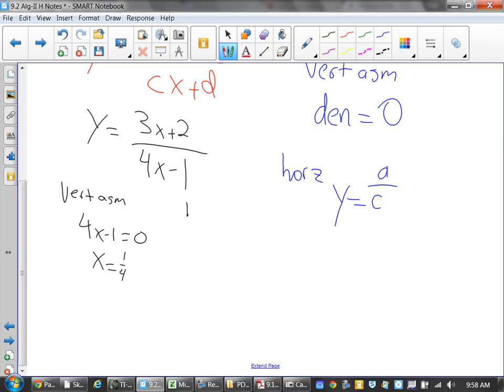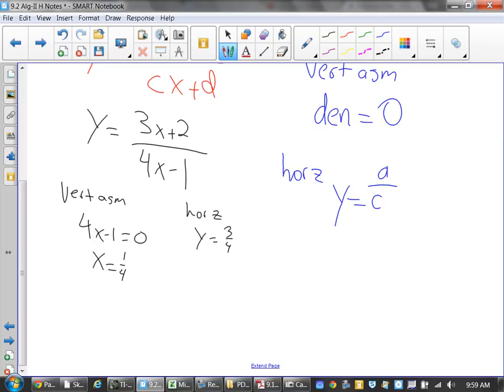My horizontal asymptote would be at what? 3/4. It's just the leading term coefficients as a fraction. And that's it. Sometimes that fraction you can simplify, sometimes you can't. More often than not, you won't be able to. And then from there, you just plot that. Yes, I know it's going to look weird because you've got a fraction, but all you do is label it. It doesn't matter what it is. You just label it out, and then just use your table function again to graph.